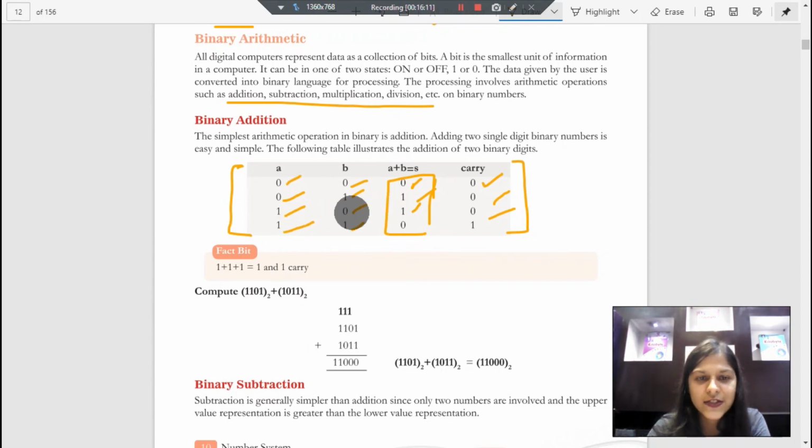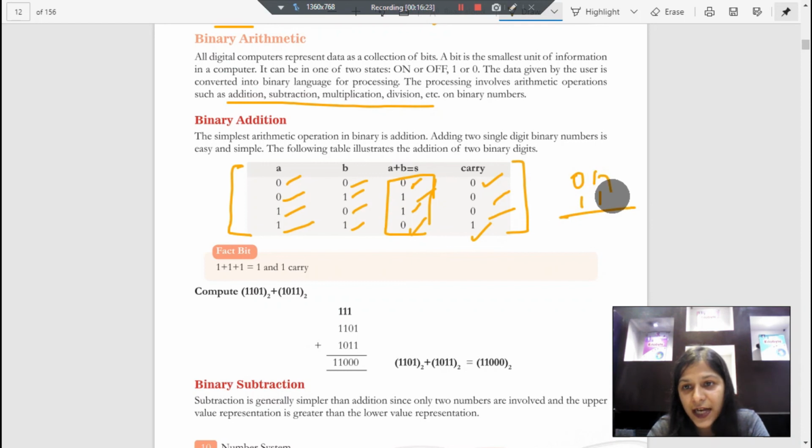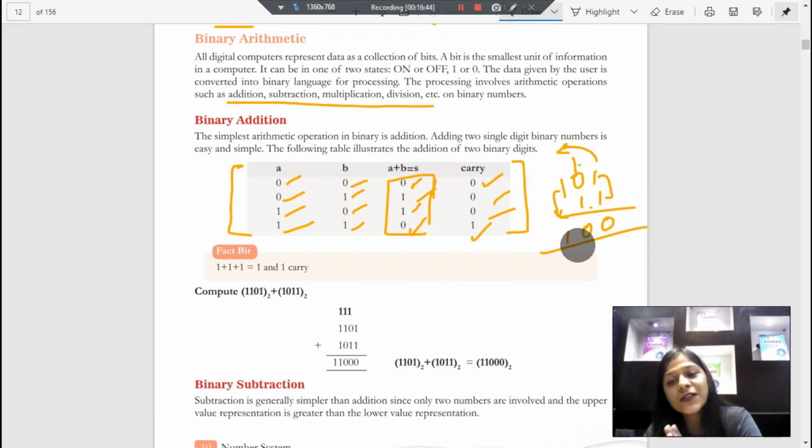Now mind that, children, if we add 1 and 1, the sum will be 0, but there will be a carry forward. So if we, for example, add numbers like this, 1 and 1 will be 0, but there will be a carry further to the left side. So 1 and 1, again this will be 0 and we'll have a carry here, which we will simply write because there's nothing to add in here. So the answer of 0 and 1 plus 1 and 1 will be 1, 0, 0.